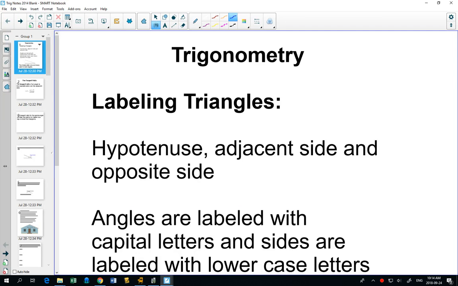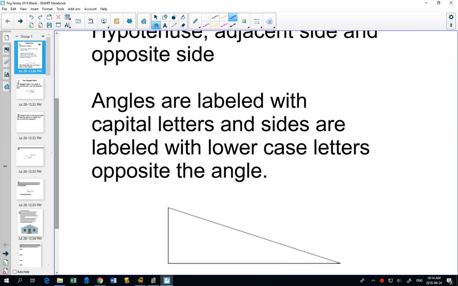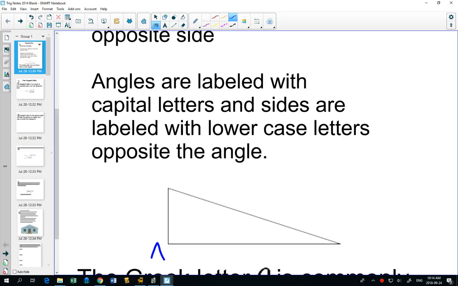On a triangle. Here's a triangle. Angles are labeled with capital letters, and sides are labeled with small letters. So if we call this triangle, triangle ABC, those angles or those vertices are labeled with capital letters. And then we label the sides with little letters. So in this case,